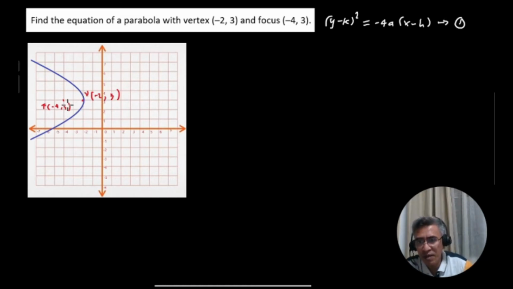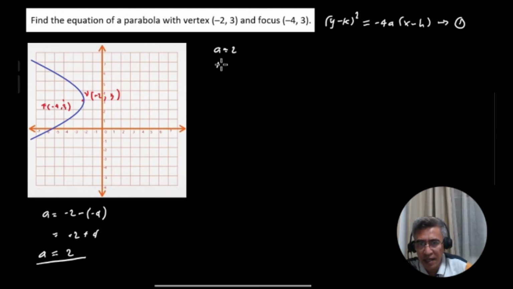And based on the given, we have the focus and the vertex. Based on the graph, we can solve the value for a, which is from the vertex to the focus, the distance a. And the distance from vertex to focus, that's a is equal to negative 2 minus negative 4, or negative 2 plus 4, and a is equal to 2. And we have now the value for a, which is 2, h, which is negative 2, and k is equal to 3. Using equation 1,